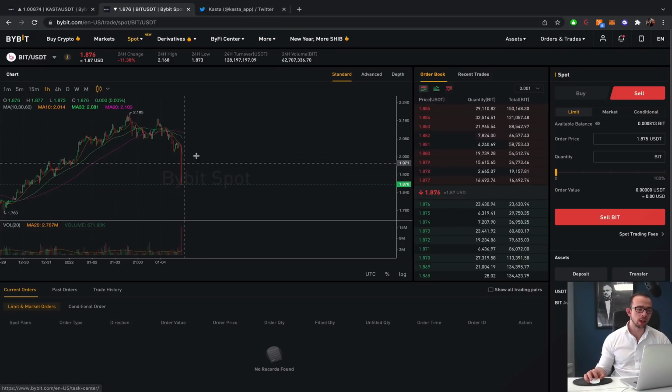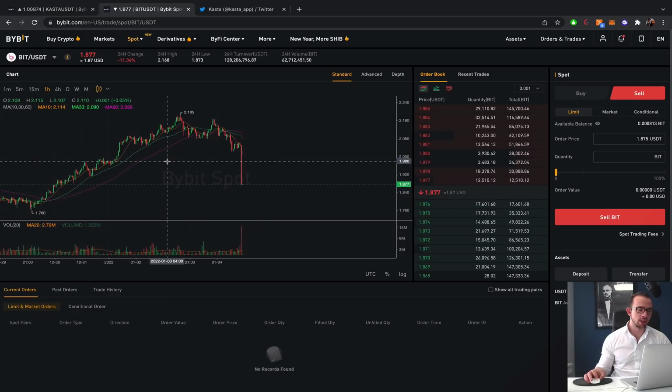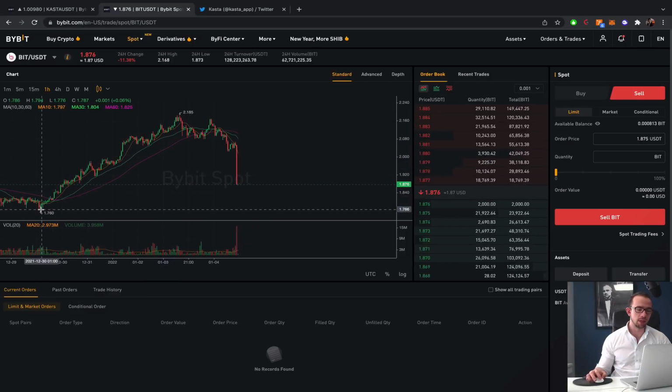So a lot of people didn't read the terms and conditions properly, which I think is your own fault if you didn't read it. So they took like hourly average per day for 5 days. So people who entered here and basically when it started counting, obviously got a lot better allocation than me, while I entered literally here on the 3rd and I only made the wave until the 4th. So for me, they only counted a day and a half, and still I got a pretty decent allocation with